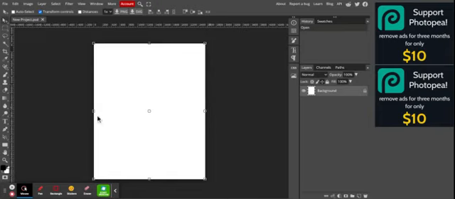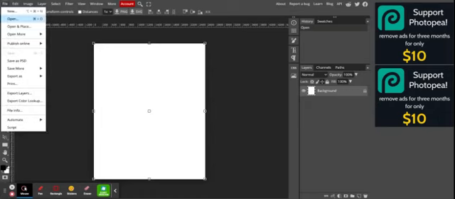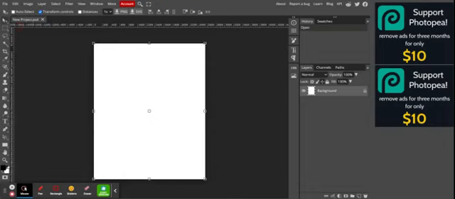Okay, so what we're going to do now is open and place our photograph of our tile. The location for that is up under File here where my cursor is. You'll notice that there's both an open option and an open and place option, and the one that you want to select is open and place. This is going to just bring a copy of our photograph in. It's not going to edit the original. So I'm going to go ahead and find my image here